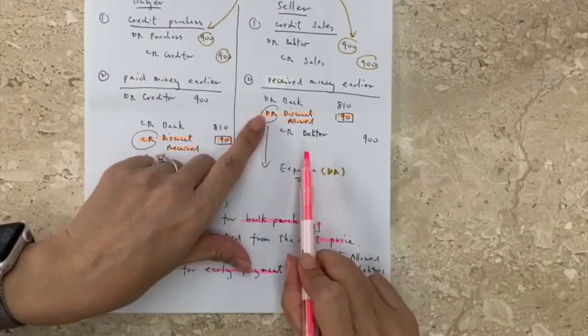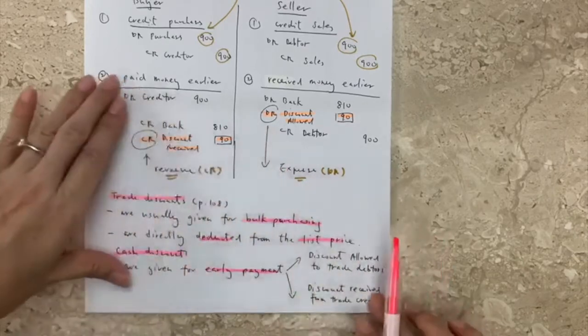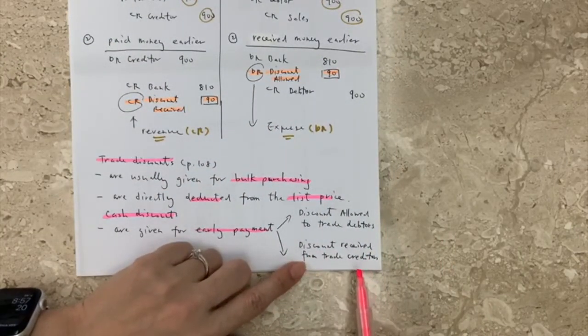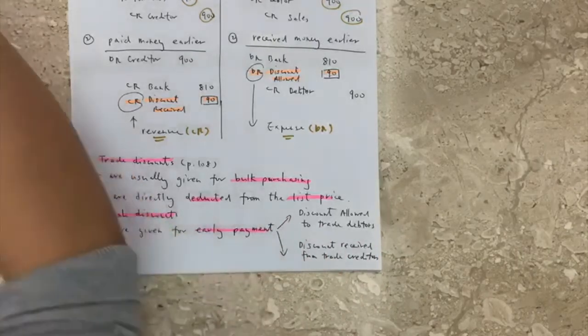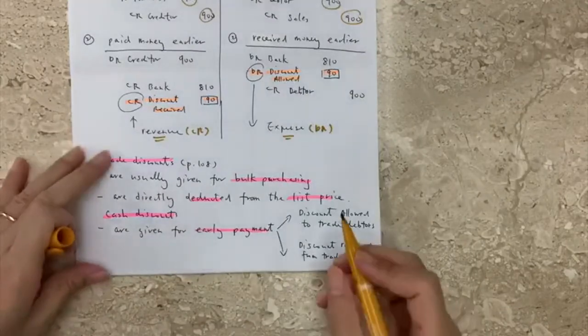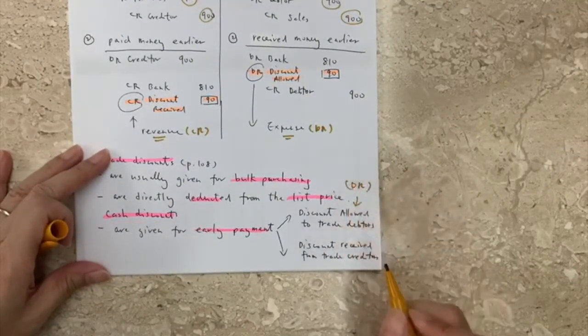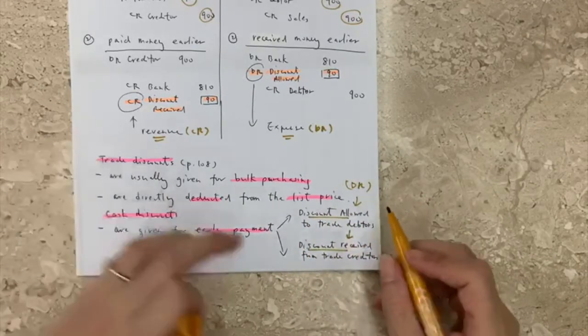If we receive money earlier, we receive less, so this is an expense. Another one is discount received from trade creditors, which is revenue and a credit item. Let me rewrite it one more time to remind you, this is very important. Discount allowed is a debit item, and discount received is a credit item,